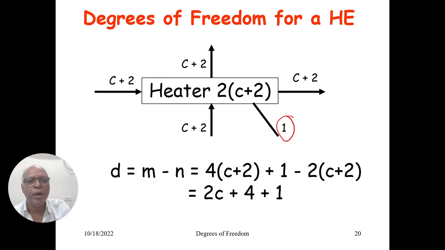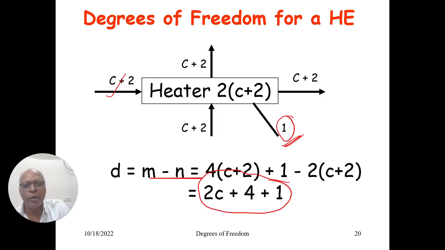Of course, if you want to address the pressure drop on the tube side and the shell side, depending on the level with which you would like to make these calculations, there can be a change with respect to these equipment parameters. What I am writing here indicates the minimum number only. So you can once again see the degrees of freedom is equal to 2C plus 4 plus 1. In other words, I have to define both the input streams, which takes care of the 2C plus 4. In addition to that, this equipment parameter must also be defined. So that will tell you the degrees of freedom.